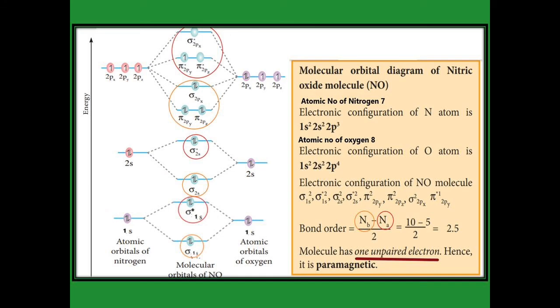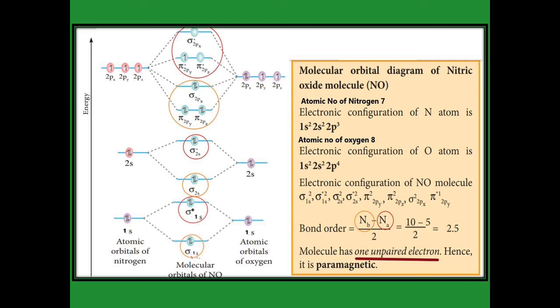In the MOT of the nitric oxide molecule, on one side the nitrogen atomic orbitals are written, and on the other side we write the oxygen atomic orbitals. Nitrogen has atomic number 7, so the electronic configuration of the nitrogen atom is 1s2 2s2 2p3. Oxygen has atomic number 8, and the electronic configuration of the oxygen atom is 1s2 2s2 2p4. Now, one side nitrogen, the other side oxygen atomic orbitals. In between them, we write the molecular orbitals of nitrogen monoxide,